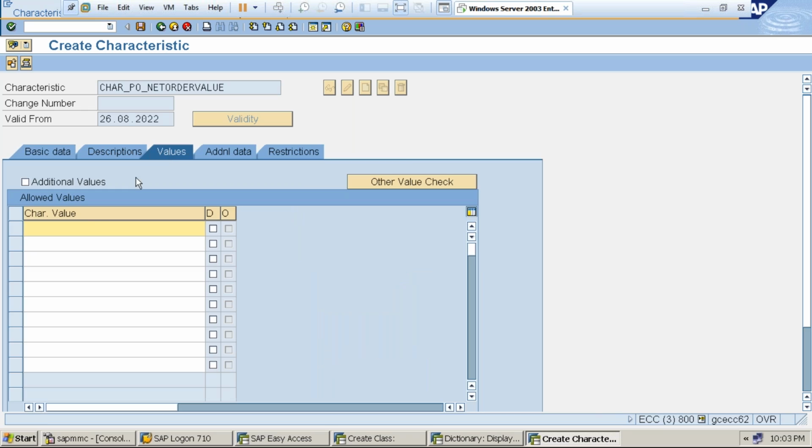Then go to values, and let's say here I'm taking 0 to 1 lakh. Again 1 lakh 1